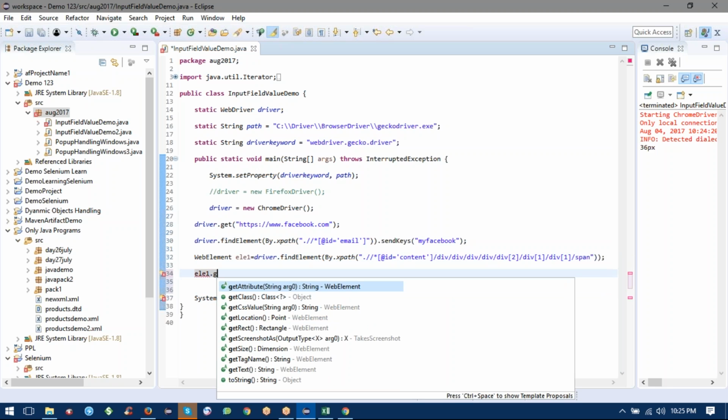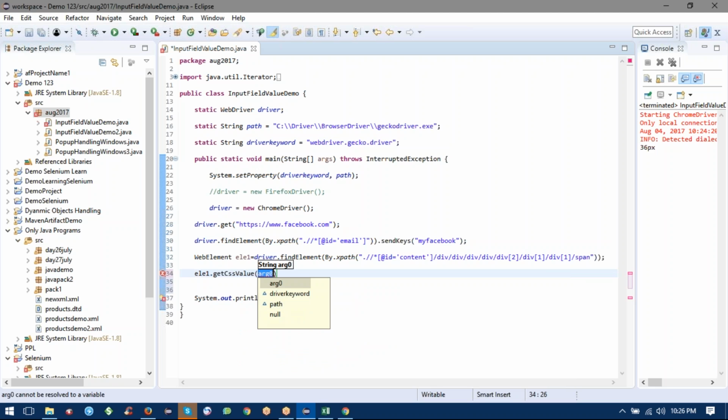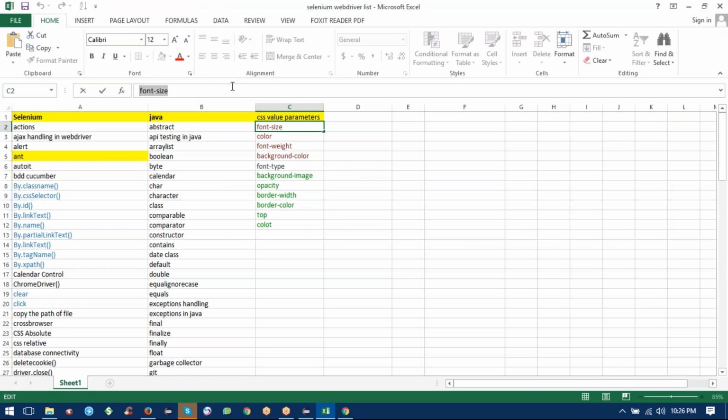dot getCssValue, because I have to perform multiple operations, so how many times will I write that code? That is why I have taken one reference variable over here. If you have to perform multiple operations on a particular web element, you should better create one variable reference, and via the variable reference dot you can use that element multiple times. So I am using getCssValue here. Again I am giving the same thing, font size, just copying it,